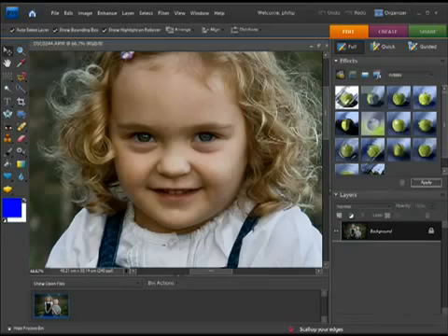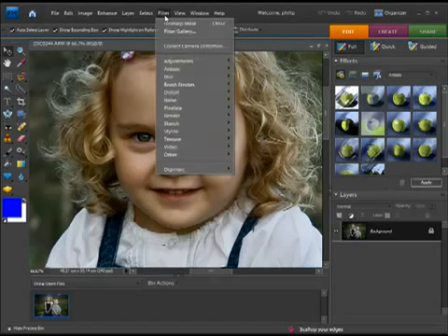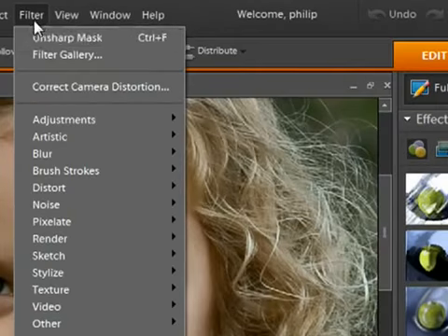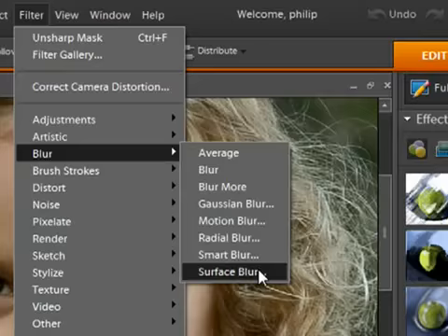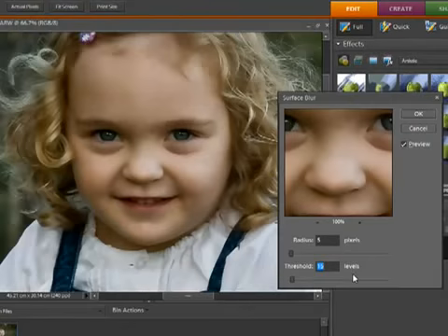Photoshop Elements contains a new blur filter. It's the only new filter in the program, and it can be used for smoothing out skin tones. So for instance, let's look at this image here. We'll just go down to blur and then down to surface blur. And you'll notice immediately, especially if I turn the preview off and then turn it on again, how it smooths